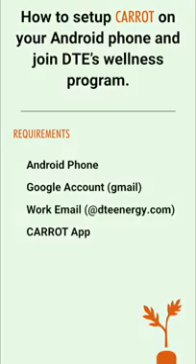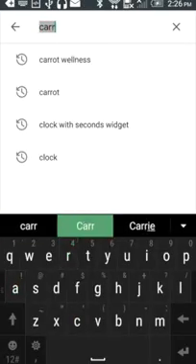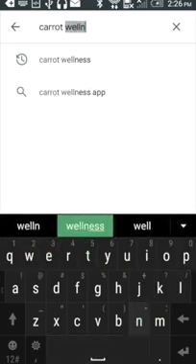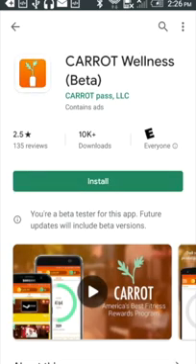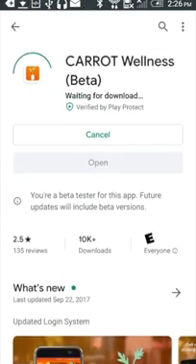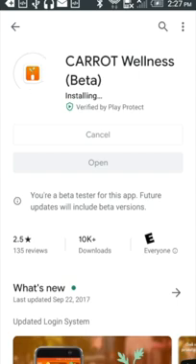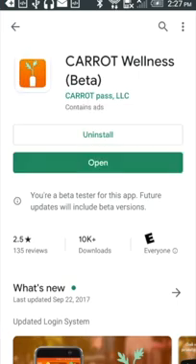So first you're going to want to go to the Google Play Store and search for the Carrot Wellness app by typing in Carrot Wellness. And then press enter. Once you press enter and you find the Carrot app, it looks like that at the very top. Go ahead and press the install button and accept the conditions to install the app inside your Android device. Once it's finishing loading, just go ahead and press the open button so you can begin